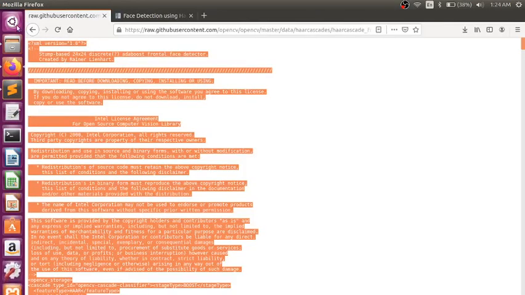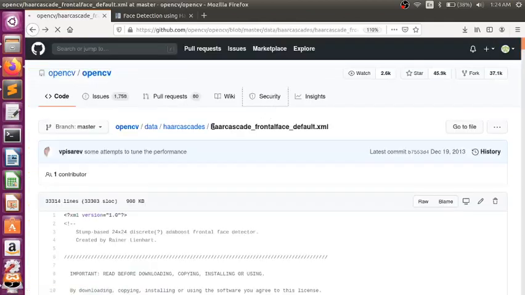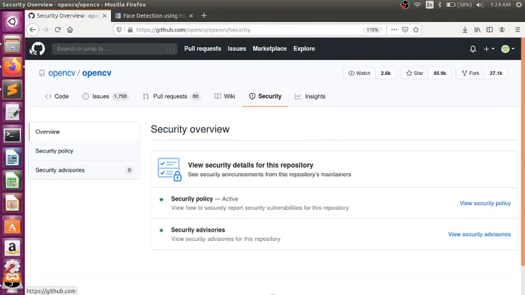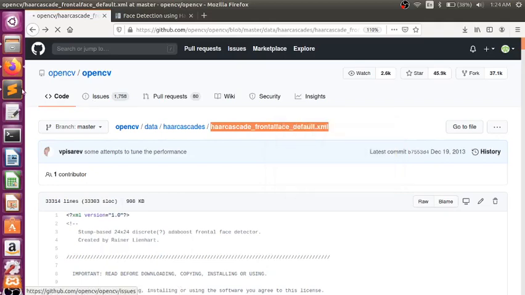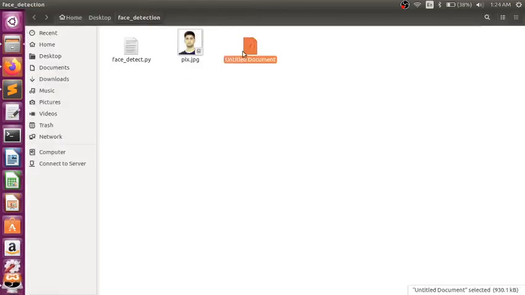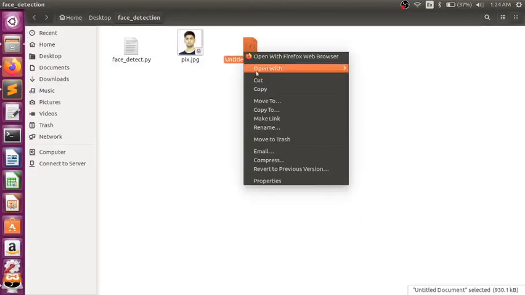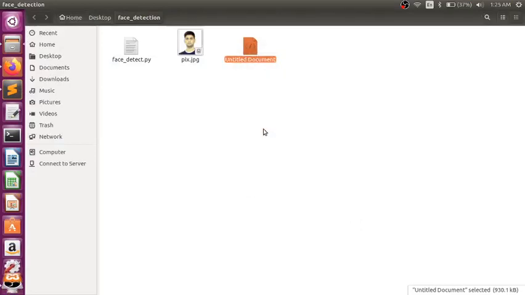Again go to the GitHub repository and copy the name of the XML file. Now go to that folder and rename the file. Paste the name and save it.